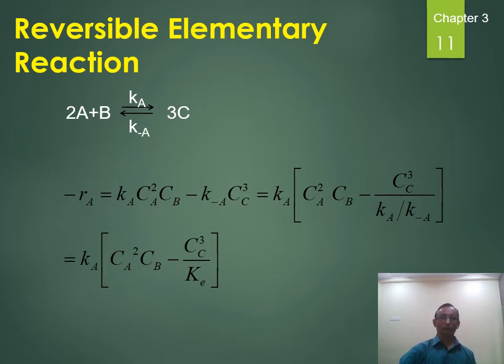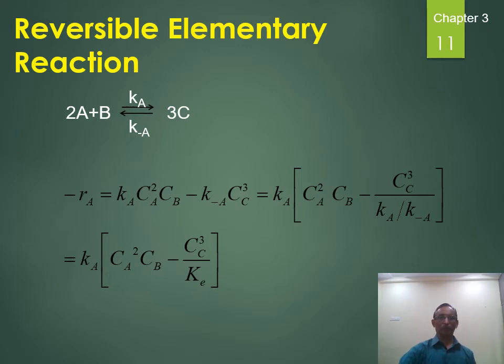So you have to remember that, split up the reaction, because you are having two reactions, to avoid the confusion. Then write down the rate. In the first, write down the rate of reaction for A. A in the first case is going to disappear. In the second case it is going to form. But see that one. Rate is directly proportional to the concentration of the reactant. If you remember this basic, then it is very easy to write down the rate.